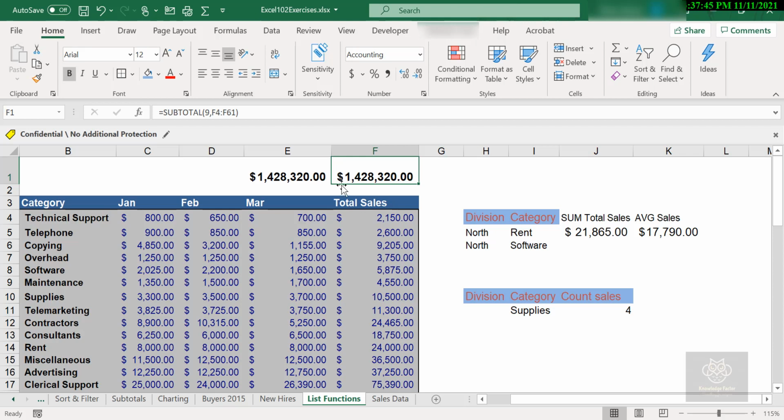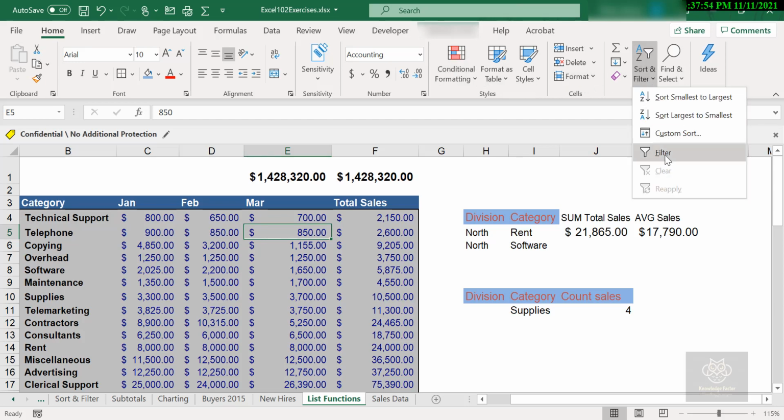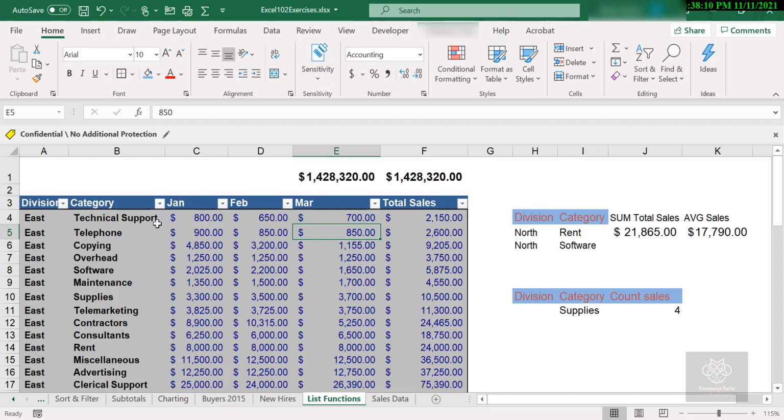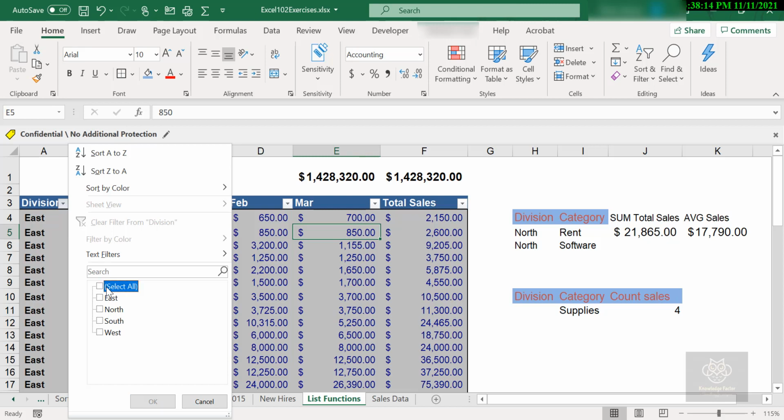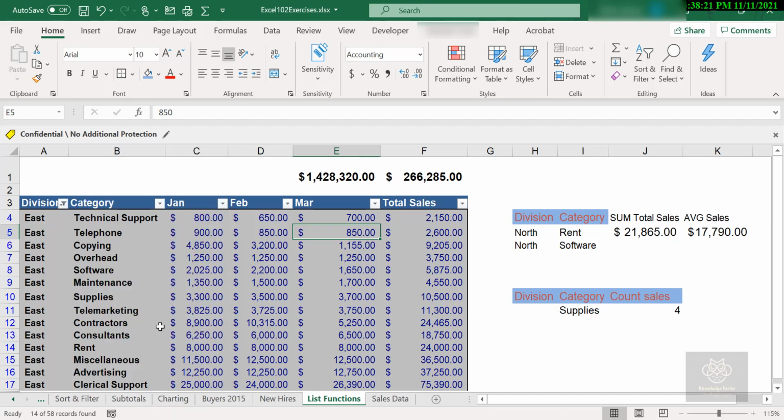But what's this? I'm going to click into the list and do a filter on the list by the division. So I'll just put the filter on. Now I've got the little drop down. I'm going to go to the division, and I don't want every division, so I'll unselect all and grab East, and I'm going to hit OK and watch my function now. I have now filtered the list, which changed my range here to just East records, and my subtotal updated to